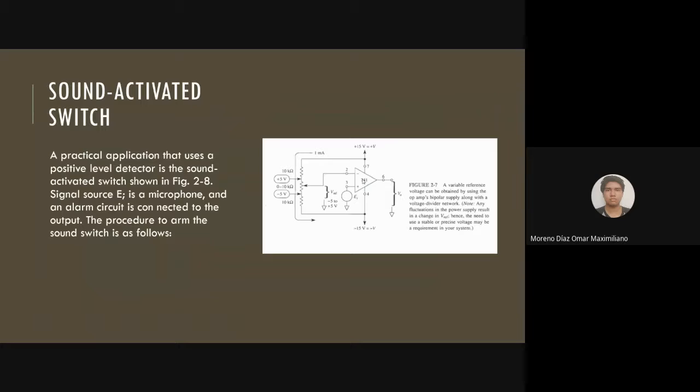Zone alarm switch. A practical application that uses a positive detector is a zone alarm switch shown in figure 2.2a. Signal source E is a microphone and the alarm circuit is connected to the output to arm the zone switch as follows. A variable reference voltage can be obtained by using the op-amp and bipolar supply, along with the voltage divider network. Next,